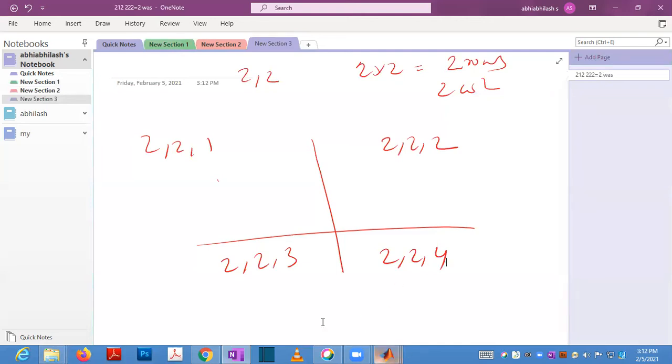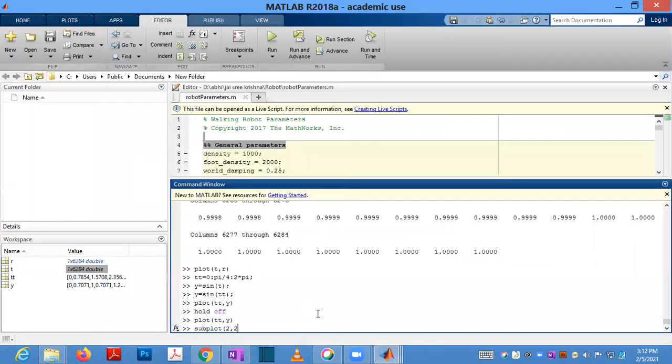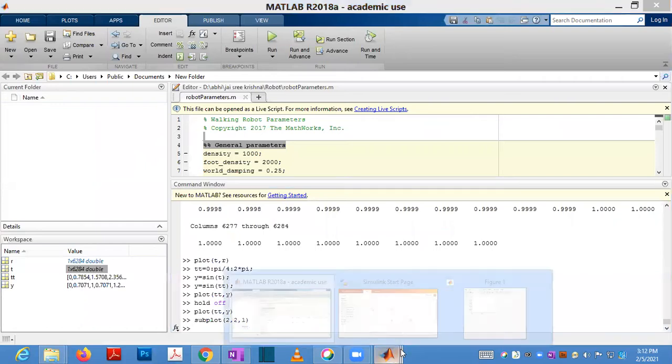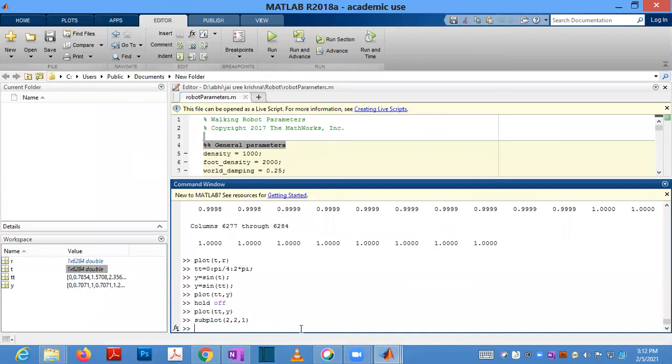Like that the plots will be created. So subplot 2 comma 2 comma 1 means the first plot it will show, and you can use plot t comma y.